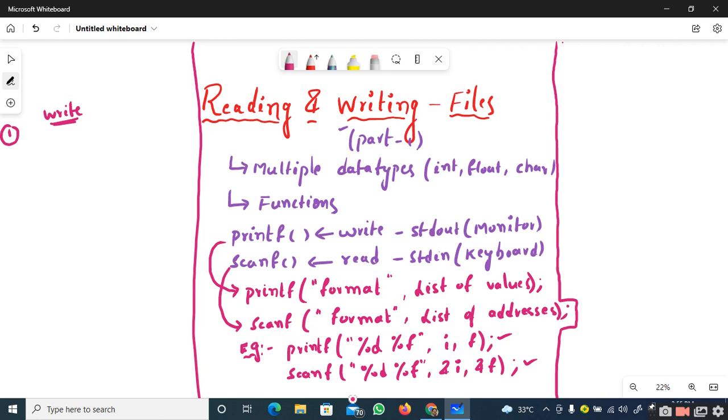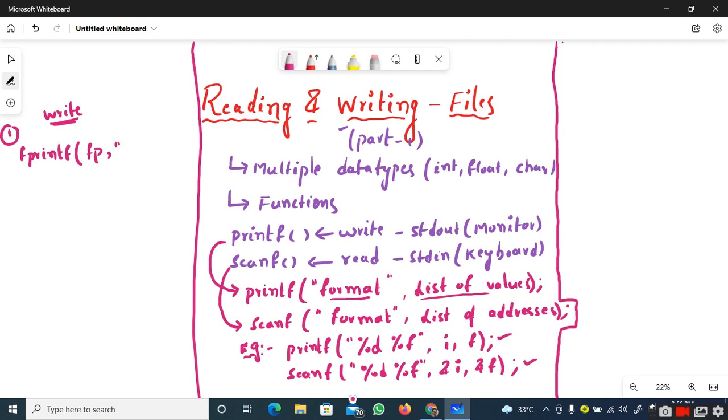So here the special function that is used to print or write the contents onto the file is fprintf. We have just one letter change here, that is fprintf. This is a predefined function, and it accepts three parameters. The first parameter will be the file pointer to which you want to write the contents, and the remaining two parameters are similar to those of printf, where you will have the format specifiers and the list of values.